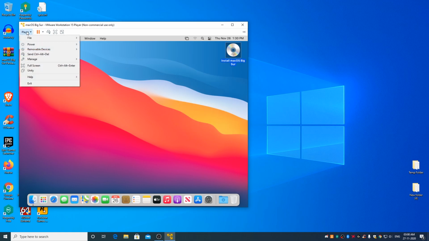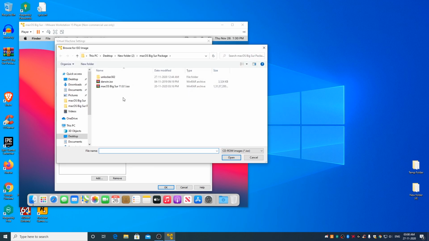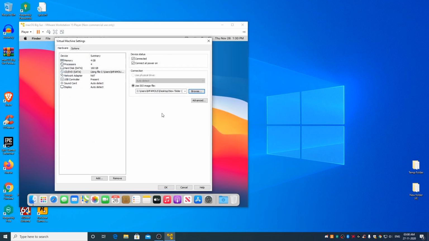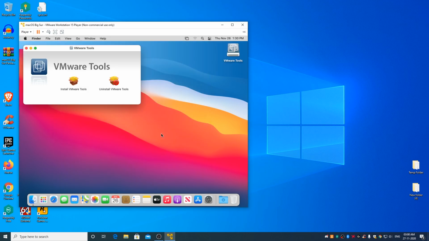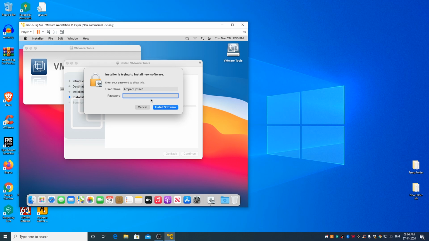Now go to the player menu, removable devices, CD DVD SATA, settings, select connected, click on browse, select darwin.iso image file, click on open, click on OK. Now double click on install VMware tools. Click on continue, install, put the user account password,